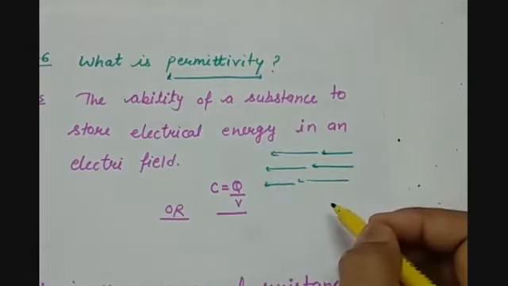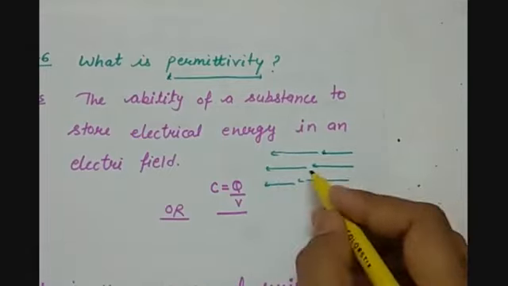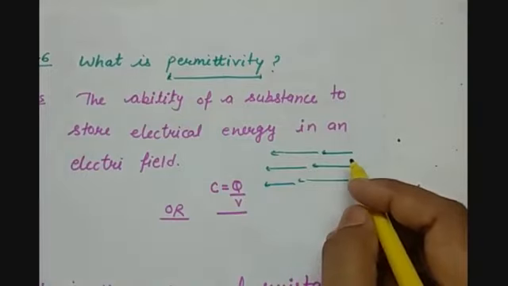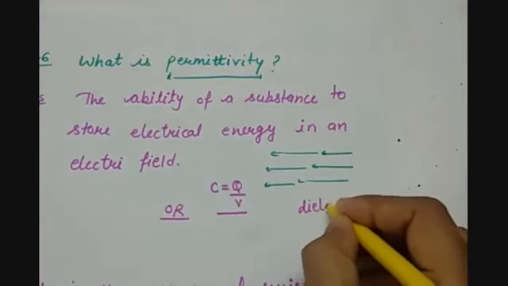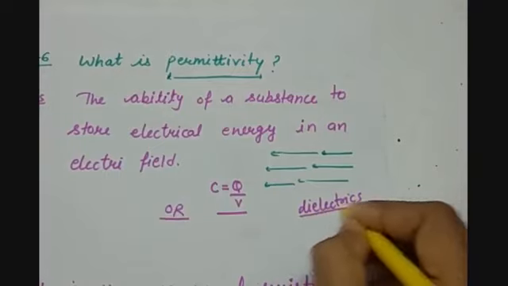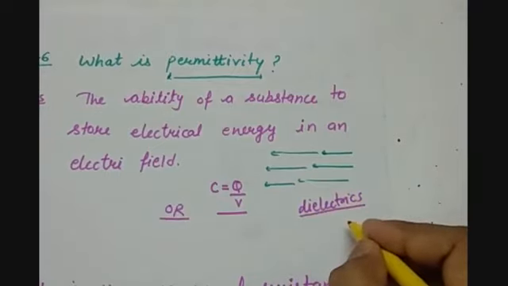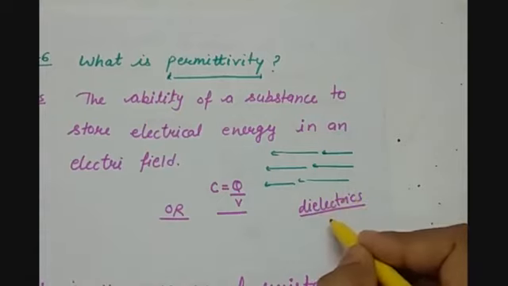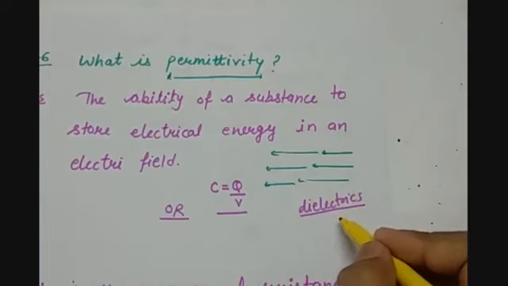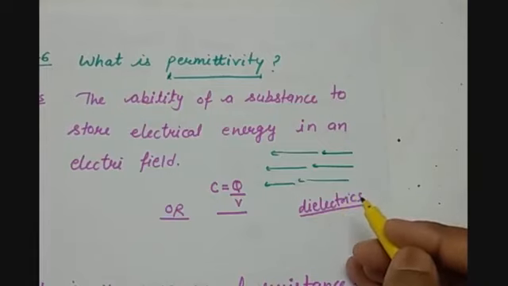in the later question, you will get to know what are electric field lines and why I am representing them like this. But one important word that is called dielectrics. These are types of substances which are insulators in nature, but they exhibit conducting properties at certain given situations. So these are the substances which do not conduct electricity in normal conditions, but they behave as a conducting material in some particular situations.